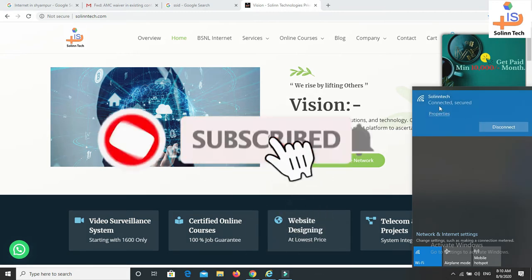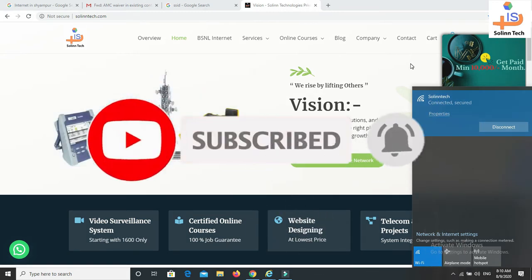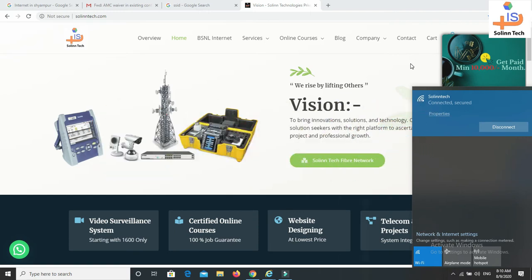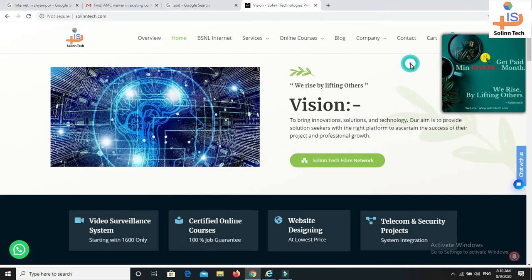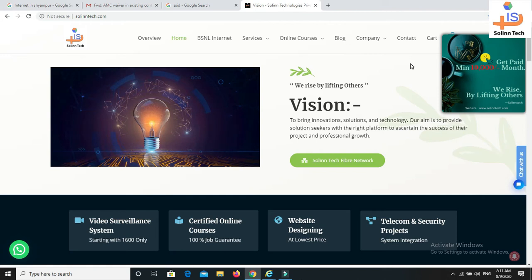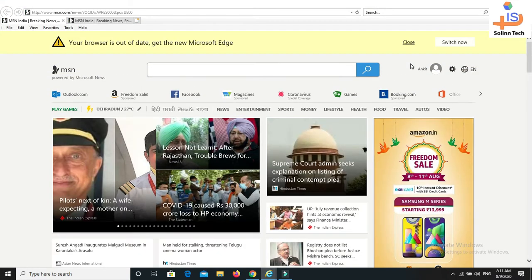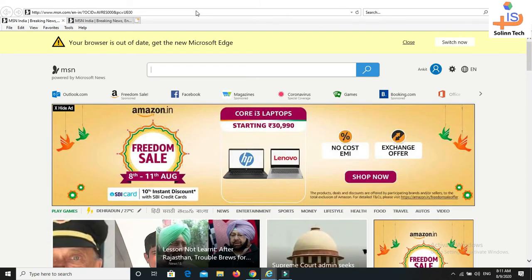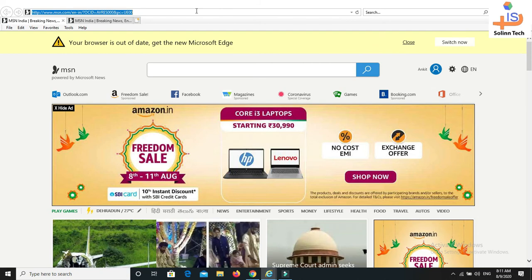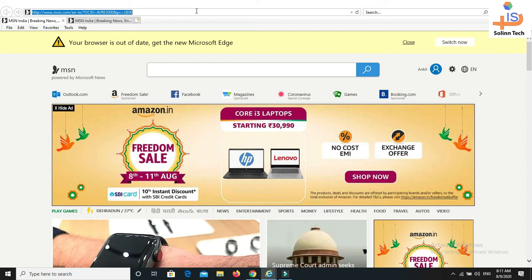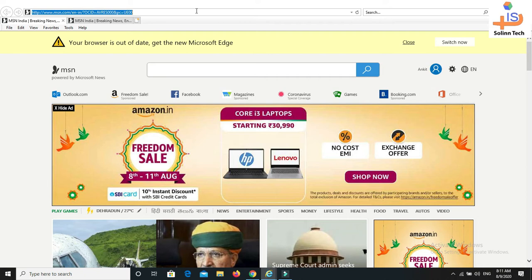And at the time I get connected with it, we need to put in a password also. So I'll also tell you in this video how you can change the password and how you can change the Wi-Fi name. For that, again we'll go to Explorer. As you have already seen in my last videos, we always go to Explorer whenever we need to access our local IP. To access our local IP, I've already shared in my last videos that we need to connect to the same network, to the same ONT, to the same router where we want to change the SSID and the password.